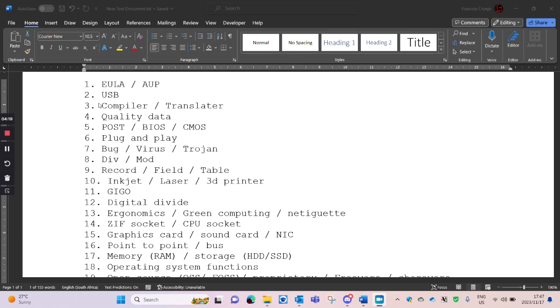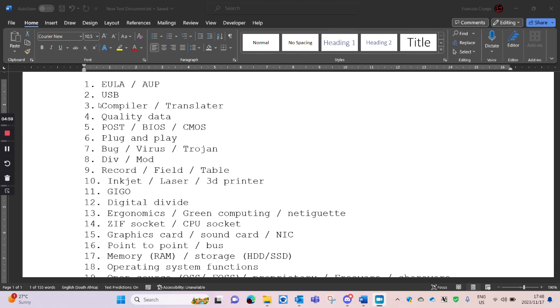Yes. So what a compiler does, it takes all of the code of the program that you programmed, and changes all of that into machine language for the computer to understand at one time, and then it gets processed from there. While a translator just takes it line by line. So it will take one line, change it to machine code, try to run it, then take the next line, and so forth. Questions like this can be abbreviated. You'll see I focused a lot on just topics here, because you need to at least know the thing, and then I can ask anything around it.